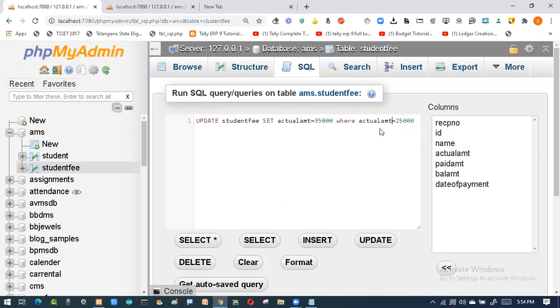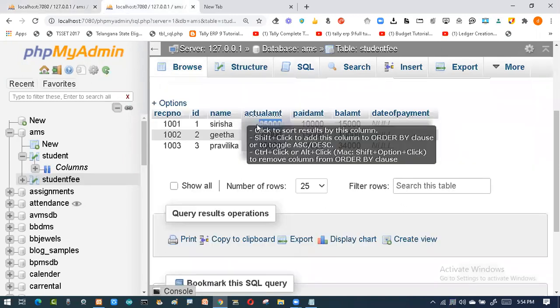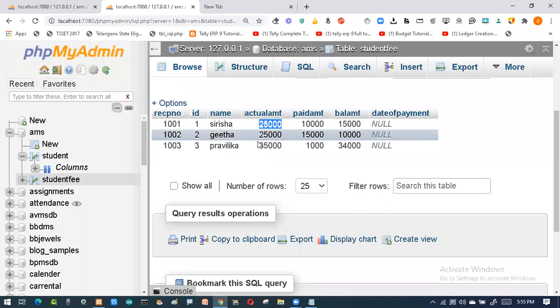Whoever is having 25,000, same like this. Maybe here we have two people. If you have more than two people, or hundreds of people, by mistake typed like this, or maybe you are upgrading, hiking the salary or hiking the fees. If you want to make some changes, then whoever has 25,000, make it 35,000, and those who have 35,000, make it 40,000. It depends upon the condition, and based upon that condition this will change. Normally you can write the value or you can write the formula, it's left to you.